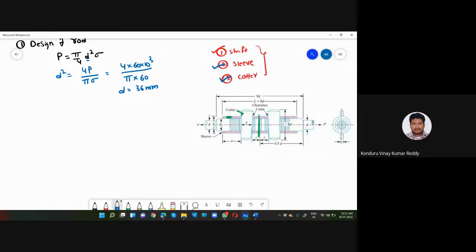And also we have to design our cotter. Okay, let us design the cotter initially, then we will be going for the sleeve. If not, let us design them cumulatively, one after the other. The second one is that I am going for